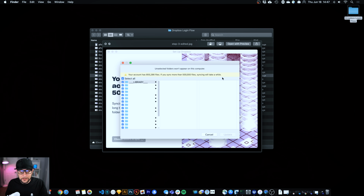Big yellow message like, oh, they want me to read this. Okay, I have a lot of files, but I get it. I want to keep them locally. That's what we're deciding here, is to keep these files locally so that I have a backup of them in case something happens. I don't want to rely on Dropbox holding family photos, client files, work files, things like that,